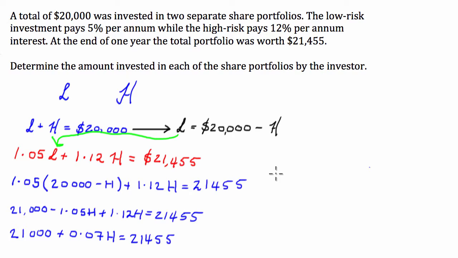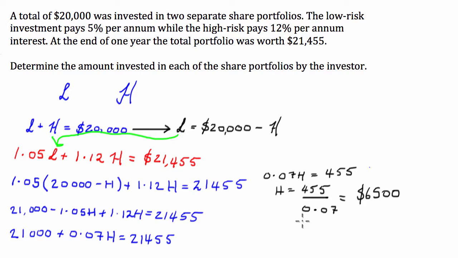And I'm going to do this here. So I'm going to have 0.07h is equal to 21,455 take away 21,000 is, you guessed it, 455. And then I'm going to divide both sides by 0.07. Great. Now this is going to be equal to $6,500. Now this is the amount of money that the investor will have invested in the high risk portfolio, which